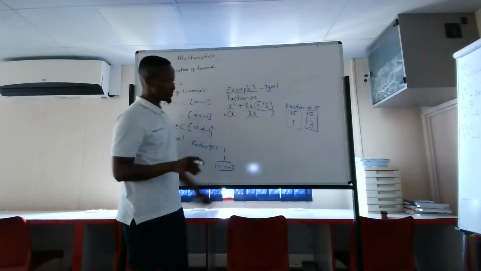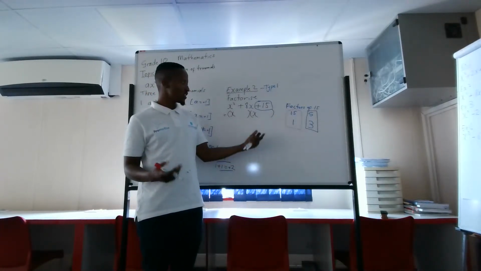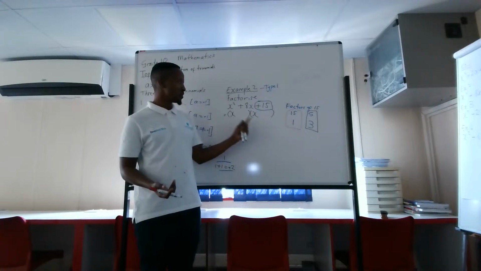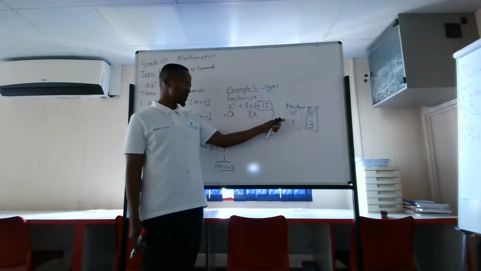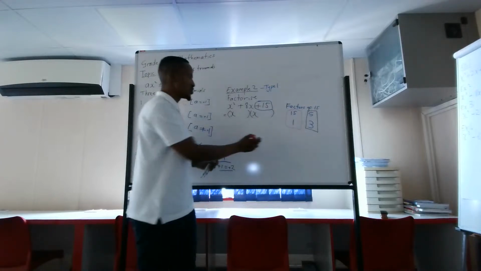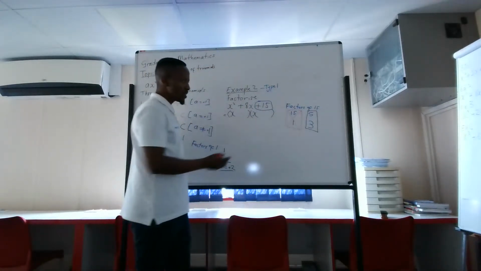Even if we say 15 subtract 1, we will get positive 14. And then when we get positive 14, we compare it with the coefficient of the middle term, which is positive 8. It means this pair is not assisting us. So we can forget about this pair. The second pair,